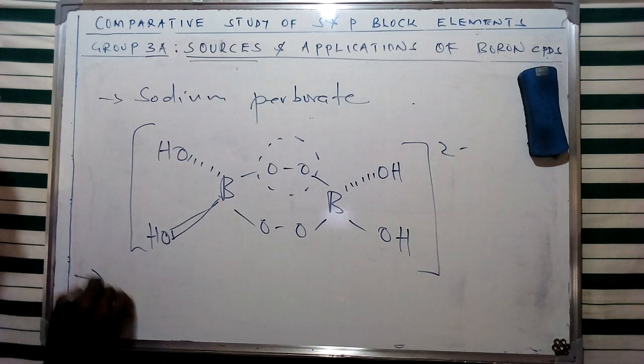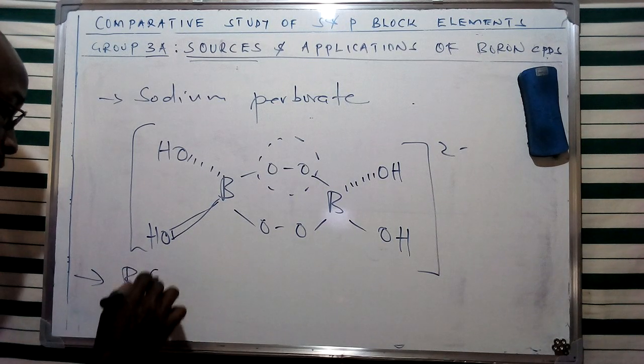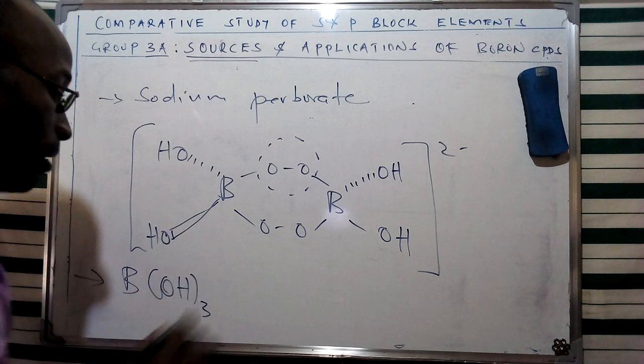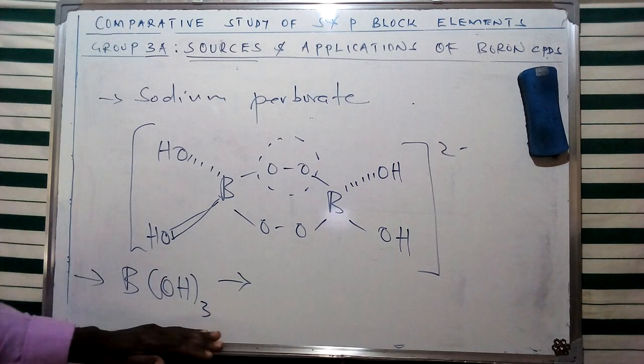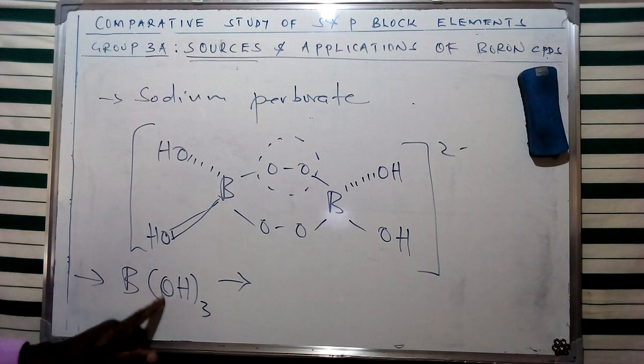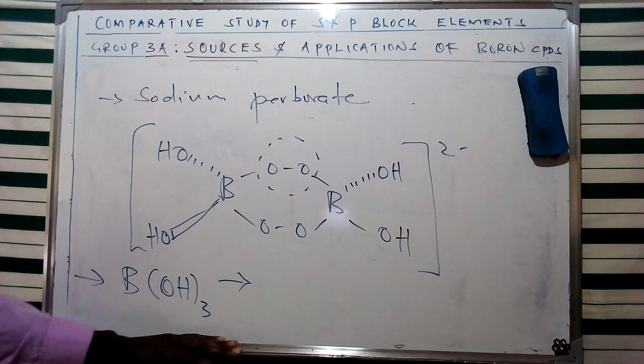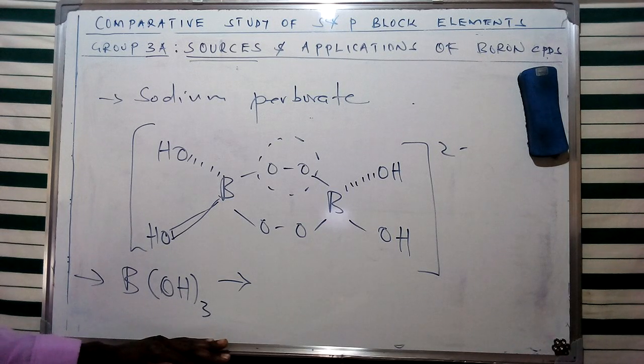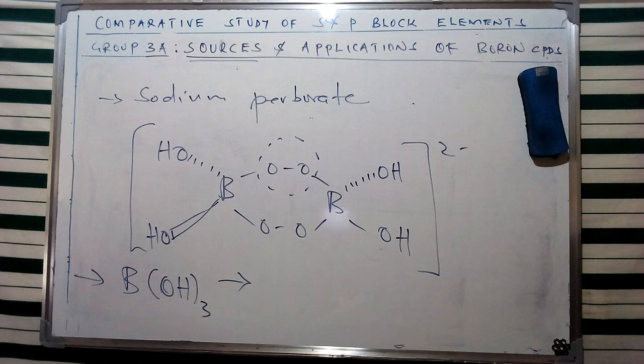Now, another compound which we are going to see being essential in our day-to-day application is, of course, boric acid. And boric acid, as we had come across in some of our videos, is one of the insecticides that we're going to come across in our domestic use, especially in trying to tame cockroaches and other household insects. So in this specific case, we're going to see that the compounds of boron are going to find wide applications. And as we are going to see later, I mentioned this bleaching agent.